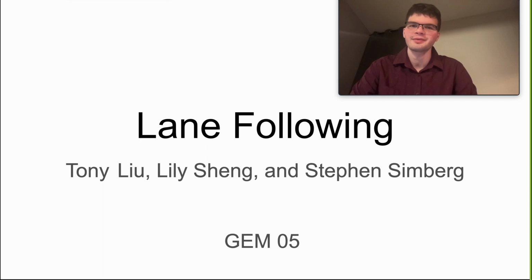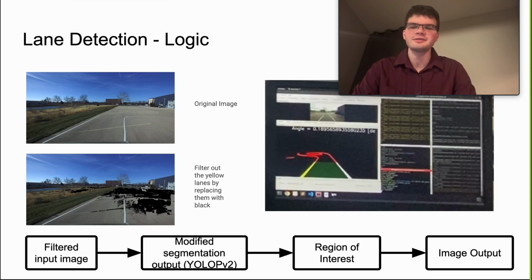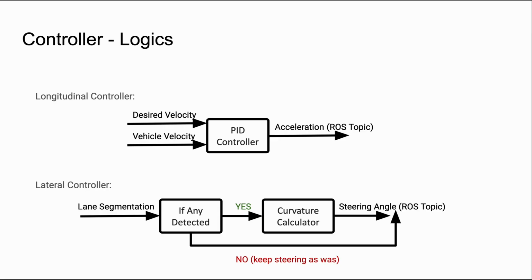We first want to explain our methodology. What we do is we first filter the image input to only keep the lanes of the track we need. We then put that image through a pre-trained network which we modified to get a segmented image output. We use that image to individualize the lanes we need, from which we can calculate the lane radius and thus the steering angle. This is our guiding logic, the controller, where we use the PID to determine the new acceleration